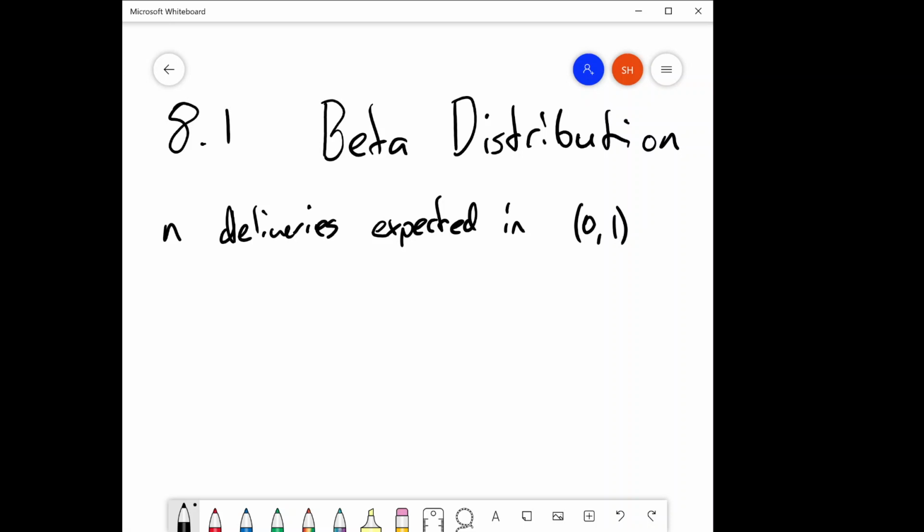If your time interval is bigger, you can rescale units to make your time interval 0, 1. Okay? And the probability that we're going to want to ask is, what is the probability